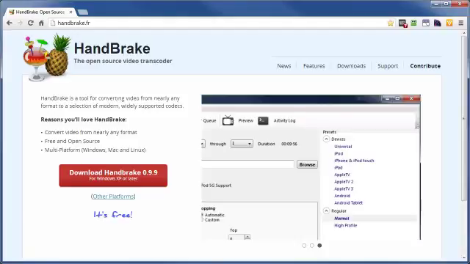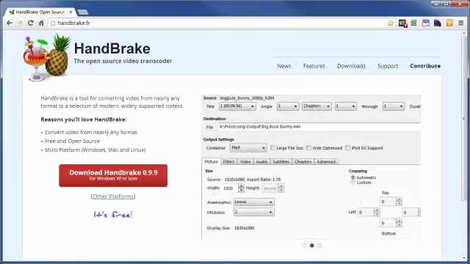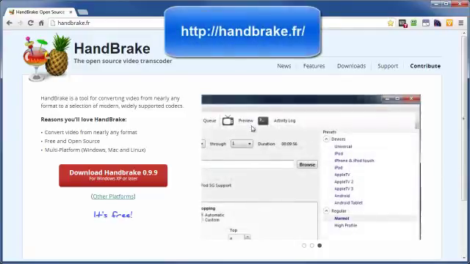Now there are a whole lot of uses for the free software called Handbrake, but this video will show you how to use Handbrake to optimize or compress your video for streaming on the web. So the first thing you want to do is head on over to handbrake.fr and download the most recent copy